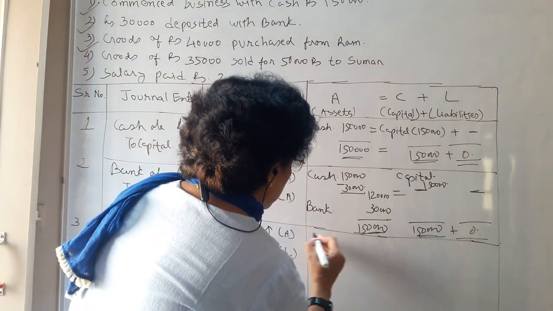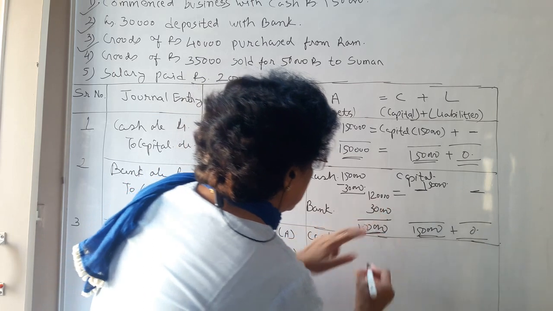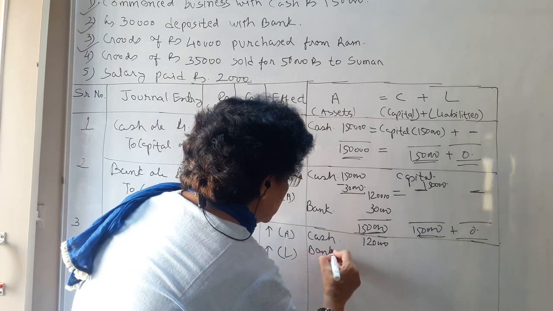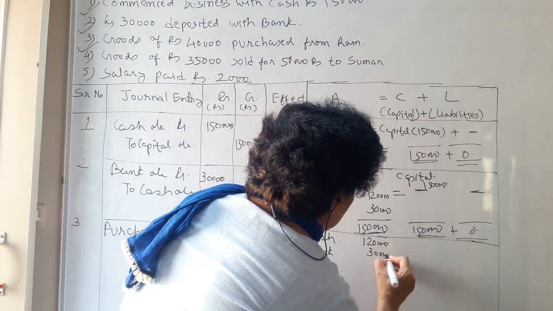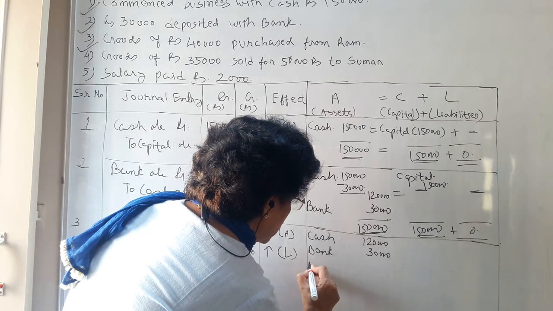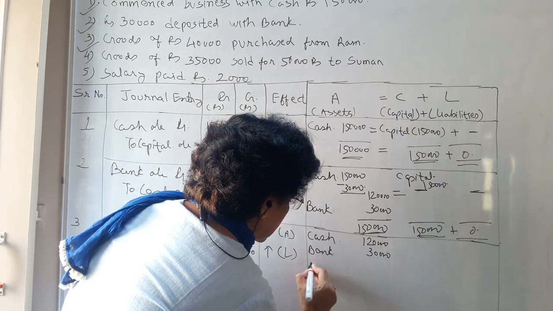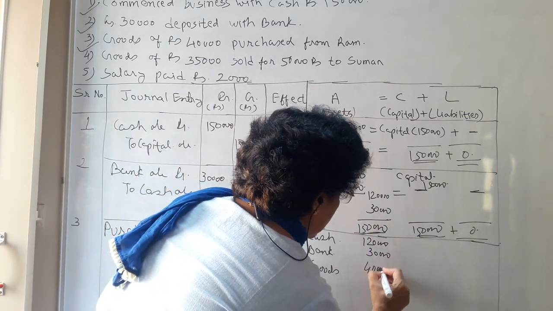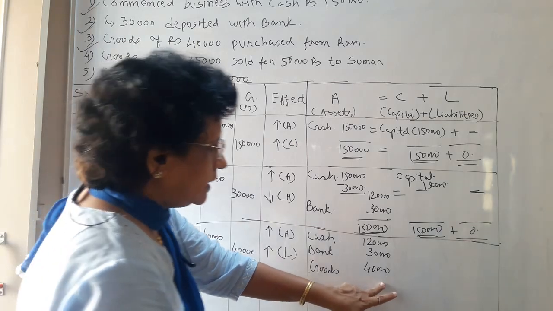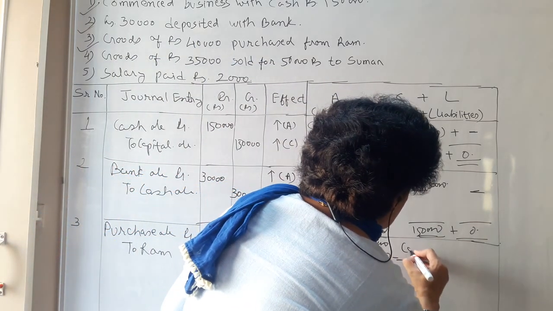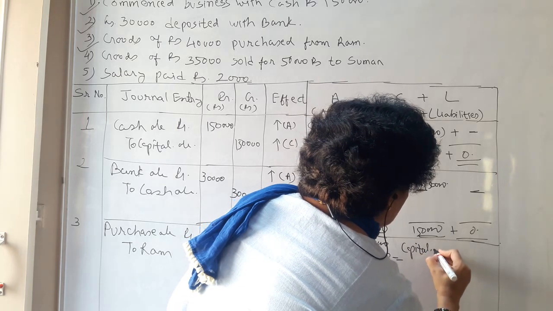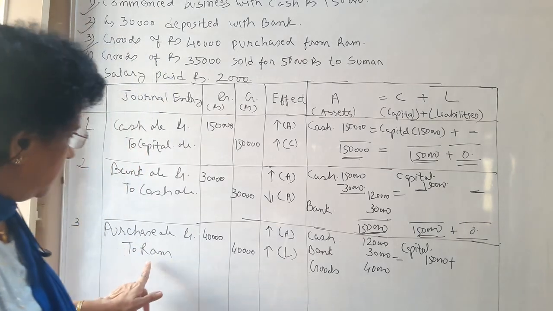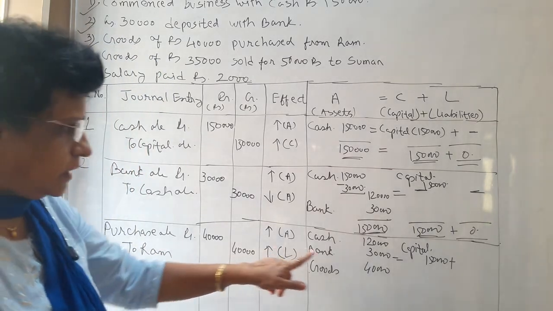So now in this equation, your cash is the same, 1,20,000. Your bank is the same with no change, rupees 30,000. Now one more entry is goods. You can say goods account, amount 40,000 you have purchased, so that is added in your list. Here your capital is the same, that is 1,50,000, plus now you have a liability towards Ram. So Ram is to be called your creditor.